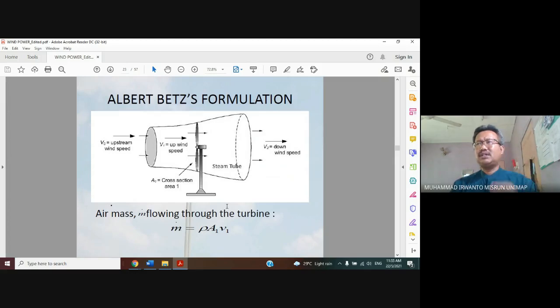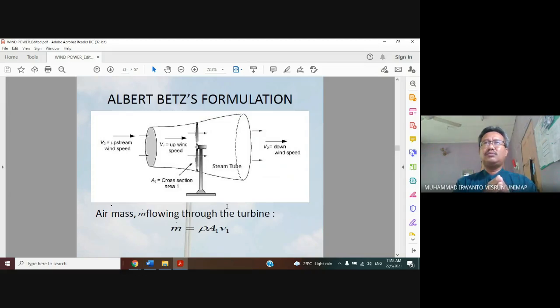Before, we discussed that wind power is given by 1 over 2 rho A V power 3. Now, the Albert-Betz formulation has derived the contained wind power, what we can call the power of the wind turbine,